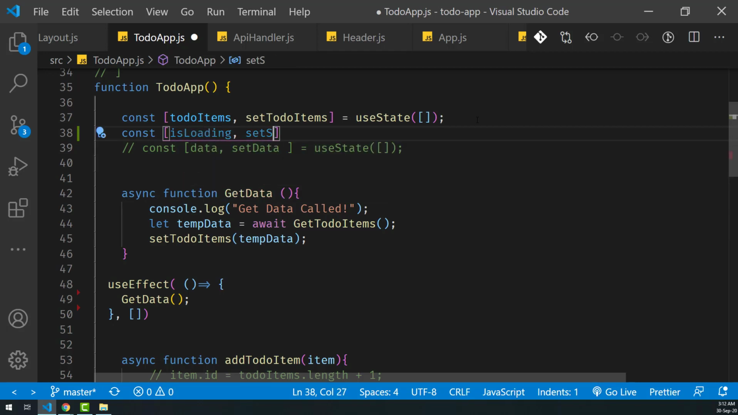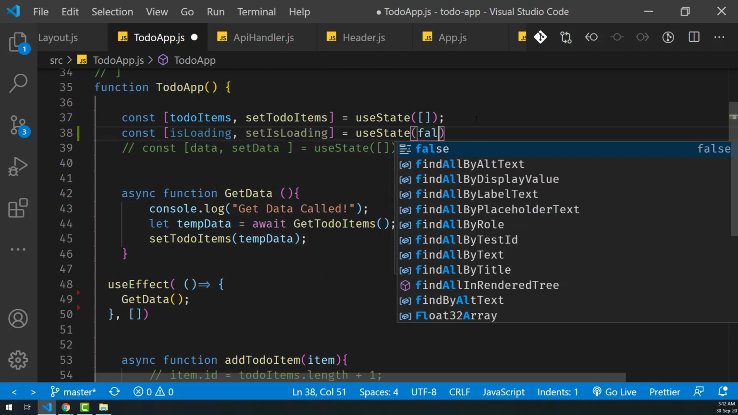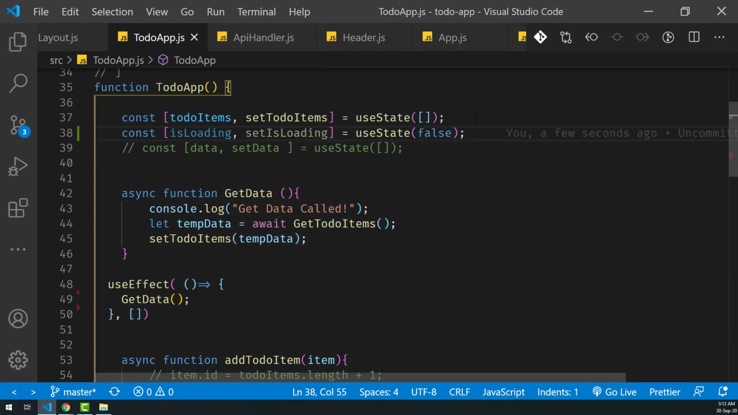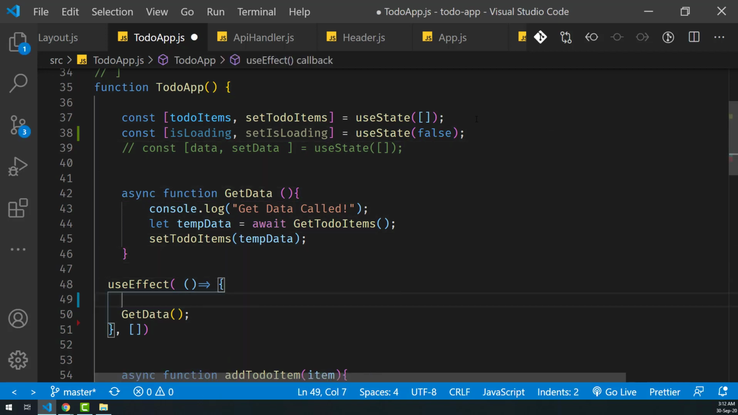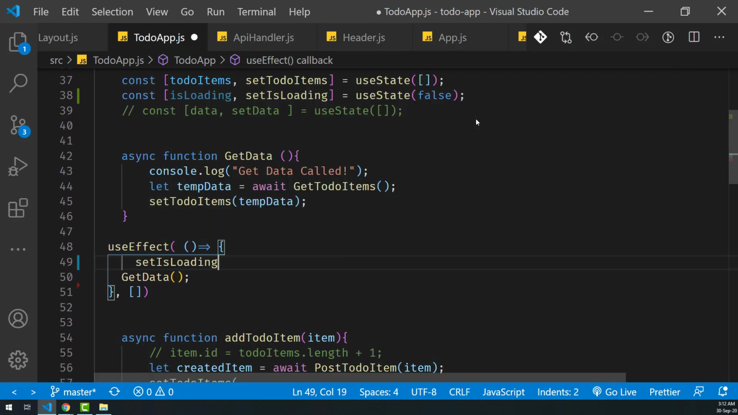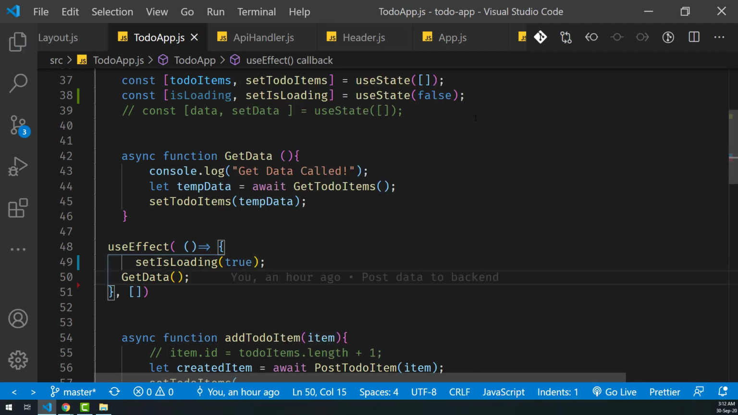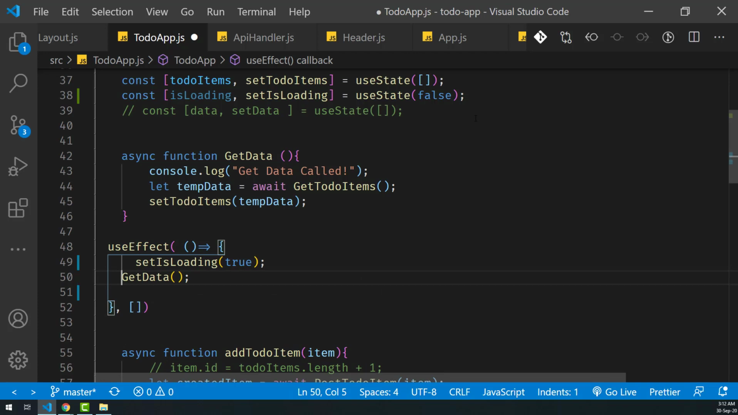And this will be the setter function, setIsLoading. Initially, I'll set the state to false because initially we are not loading any data. And inside the useEffect function, before fetching the data from the backend API, I'll set isLoading to true. And as soon as we have the data back, I'll